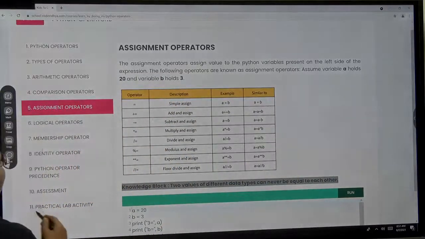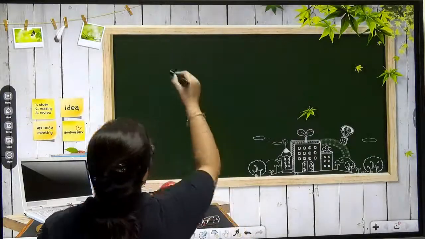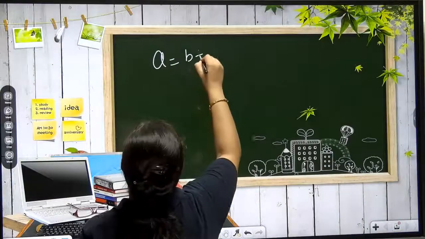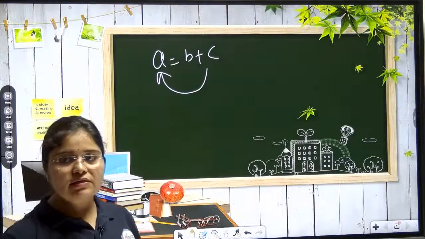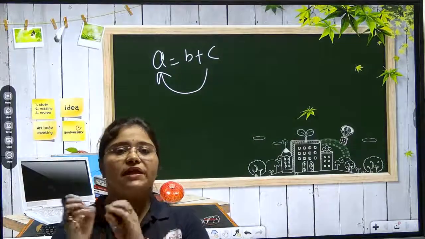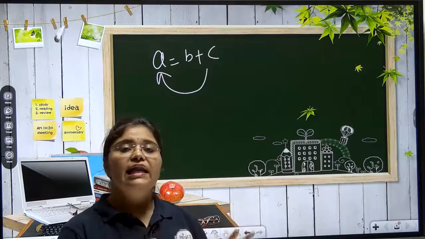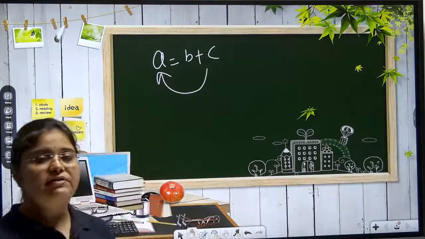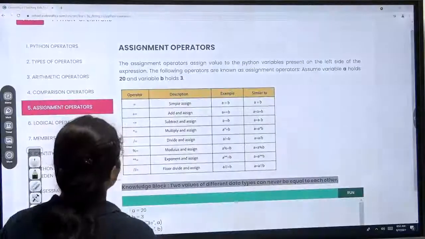So as you all know, when you are doing some calculation, the result will always be stored in the left side operand. You know this thing very well. In a similar way, in an assignment operator, if you are writing some expression, by default the result will get stored in your left side value or left side variable. Now I will show you this with the help of an example.